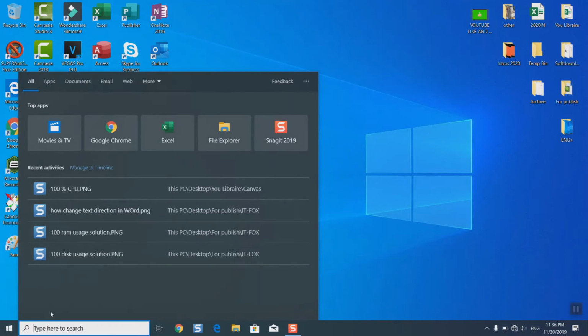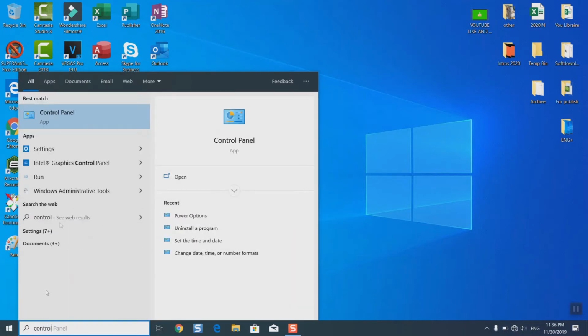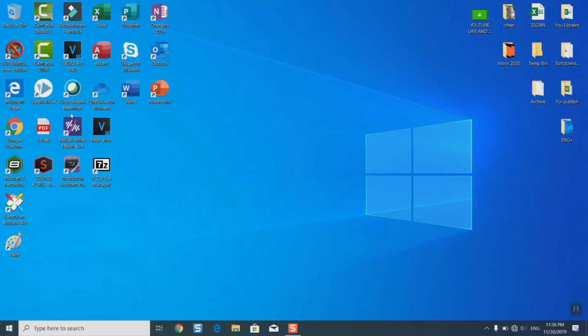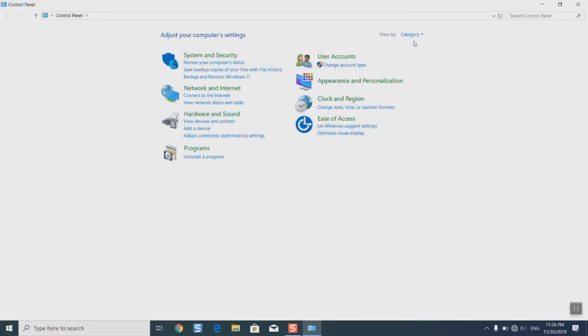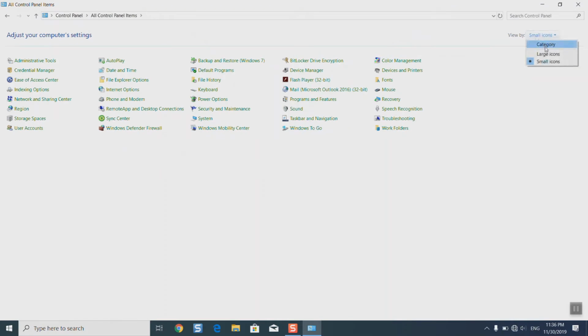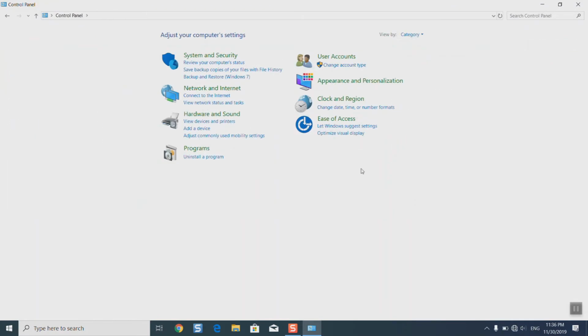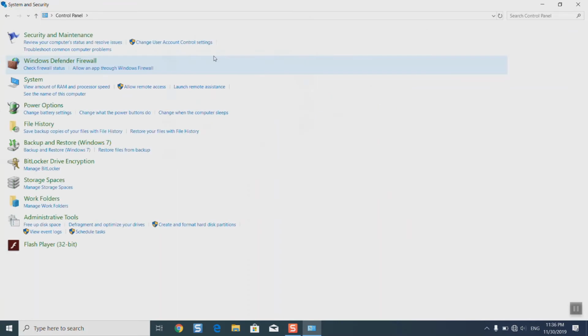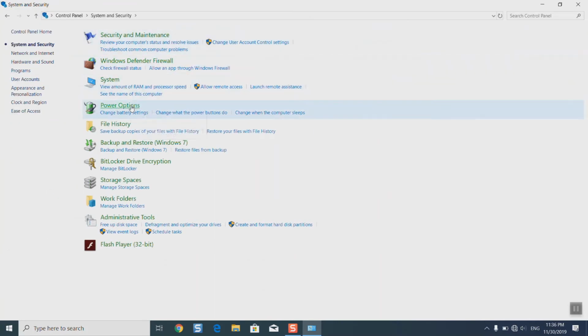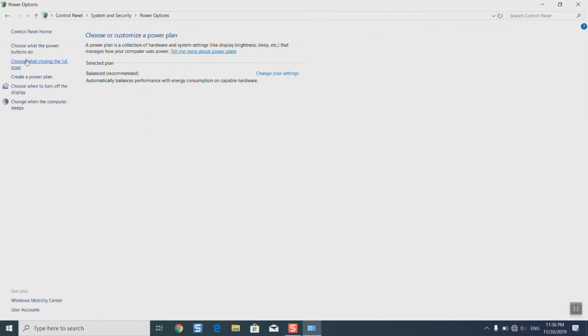You need to go to the search tab, you type control panel and you open the control panel. You might not have view by category, you might have small icon or large icon, so just make sure to change it to category. Once done, click on System and Security, Power Options, and on the left side you will